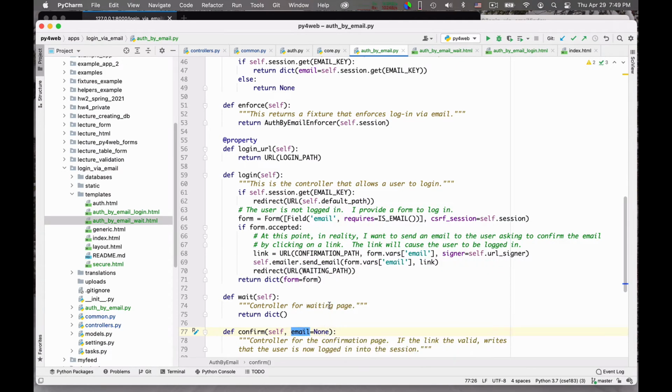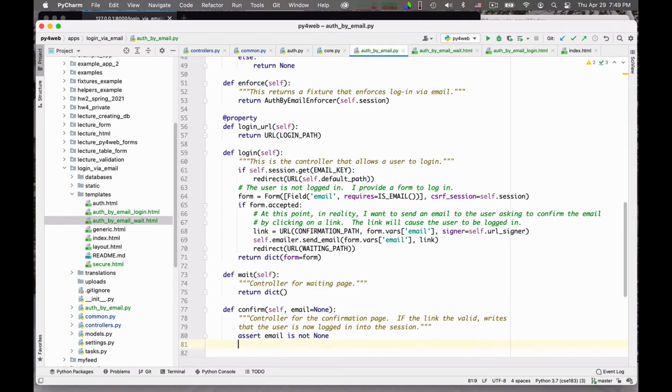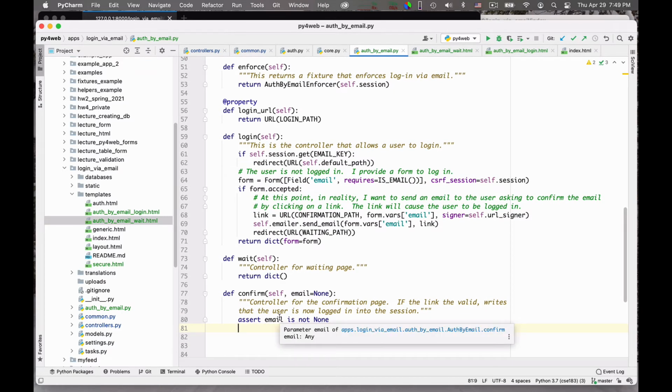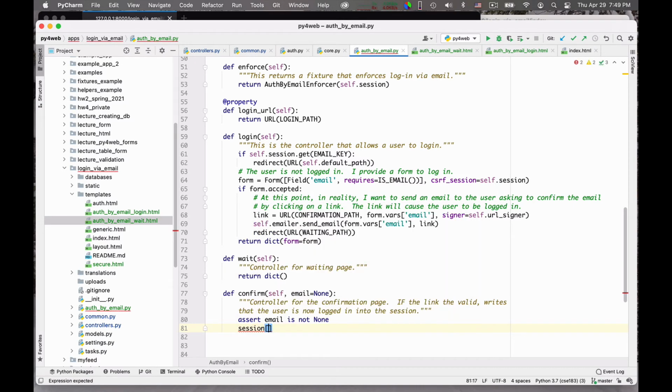And at this point, the email is verified. So I can say assert email is not none. Just because, I don't have any particular reason. But then we can put the email in the session. So we can say session, how do we call it? Email key is equal to email.